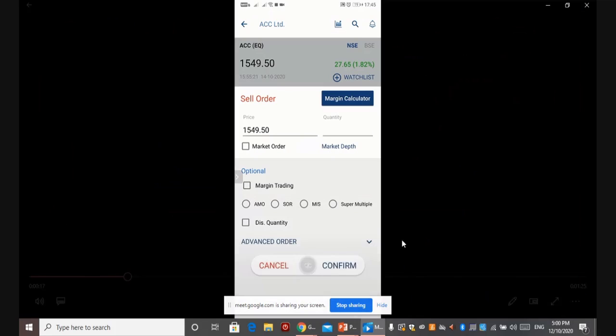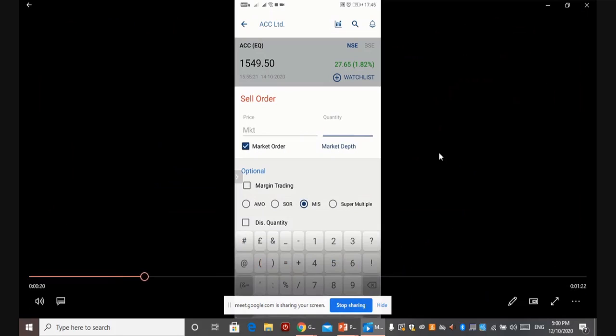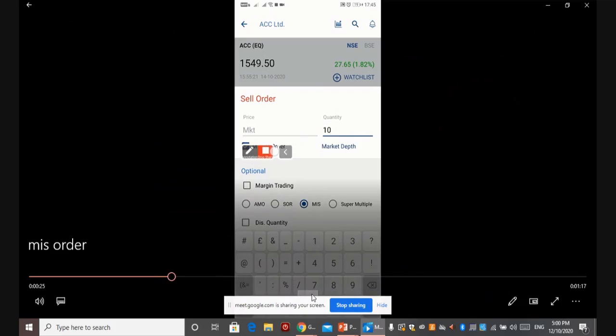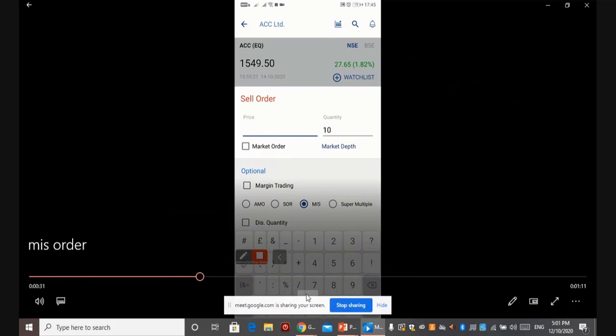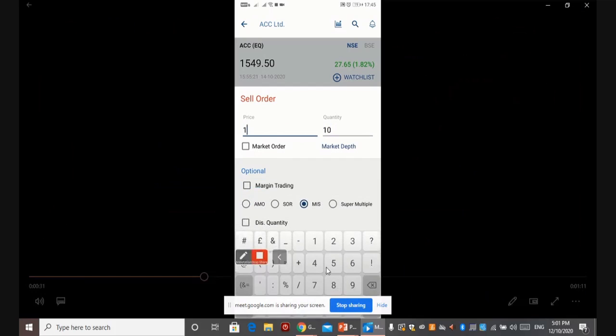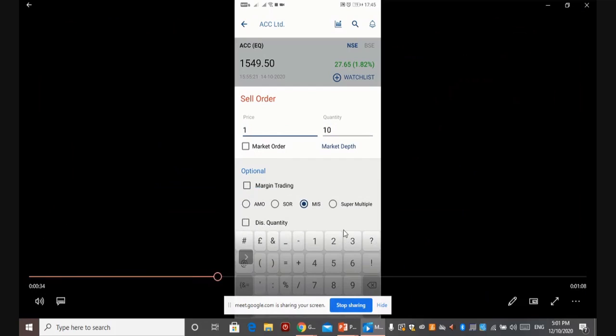Now it is asking for the quantity, price, and selection of an order type, MIS, which is already done. You can see the quantity is entered as 10. Then market price has been selected by default. You do have an option to untick it, as you can see once the video goes ahead. Right now the market order is unticked, so it is giving me an option to put a limit price, which I have entered as, say,